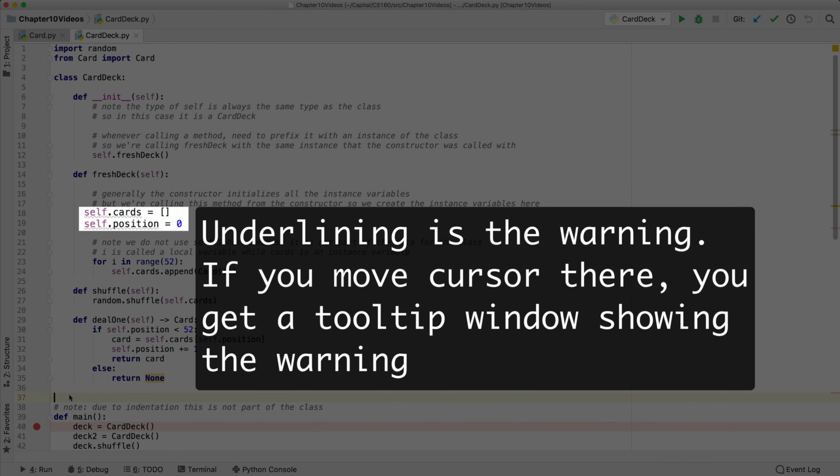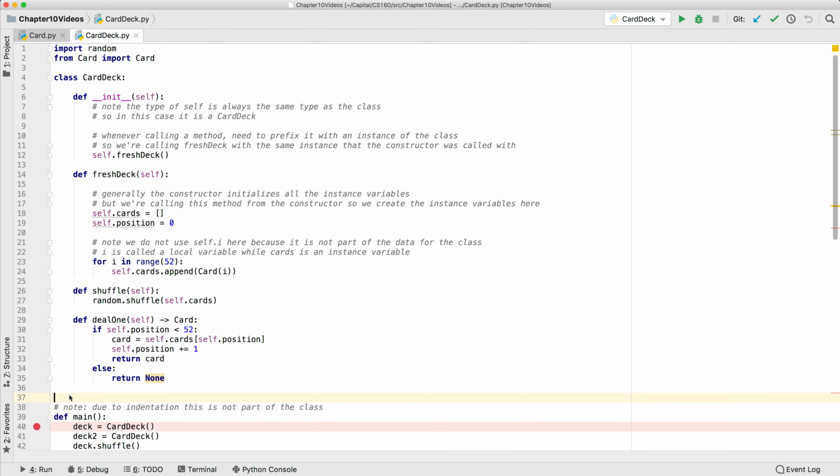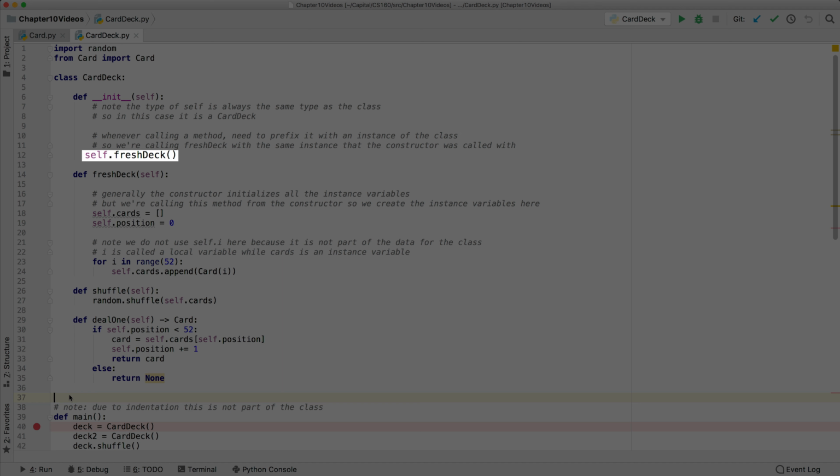PyCharm warns us that we may not want to initialize instance variables outside the constructor, but in this case that is okay. By the end of the execution of the constructor, we have all the instance variables initialized, and those are the only instance variables we will use in the other methods. As we discussed with the card class, you must always call a method with a specific instance of the class. We use self here to call the freshDeck method, so we are calling it with the same instance that the